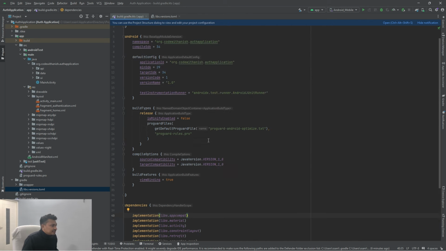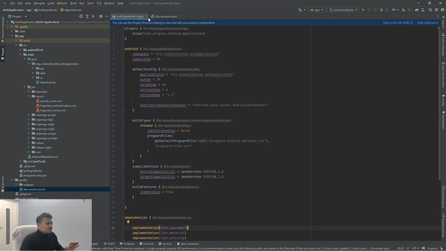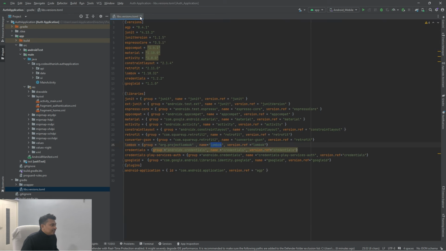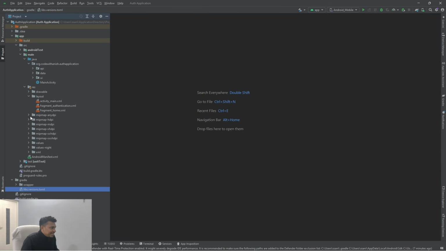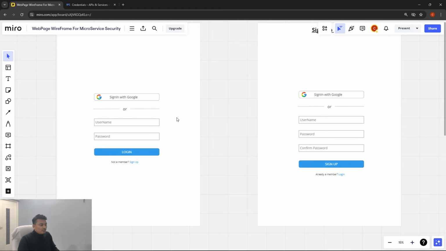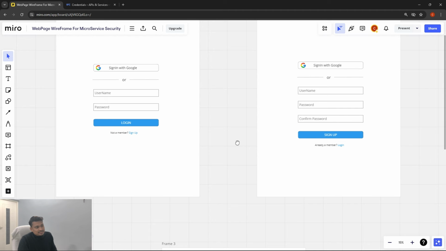Okay, so that's the basic structure of the build.gradle file. Now coming back to our application, as I told, we will have the main activity and the layout activity main. So here, what we need in our Android application is first a login and sign up page. Correct. So then what we need, once the authentication, login, sign up,